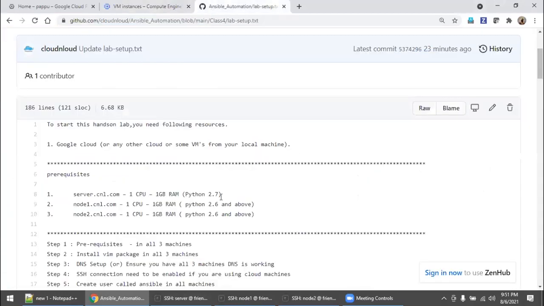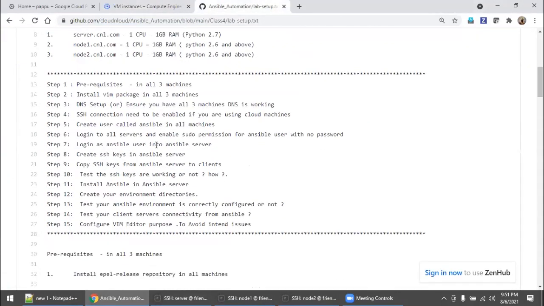While it's getting connected, let's go back to the steps. See here what I have listed step by step. First is prerequisites, and then installation of some packages. Then this step: if you are going with cloud, you don't need it.